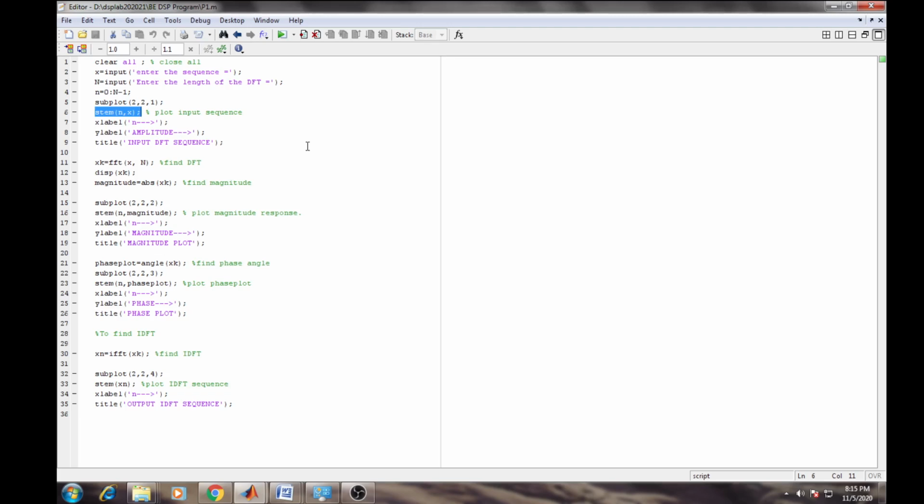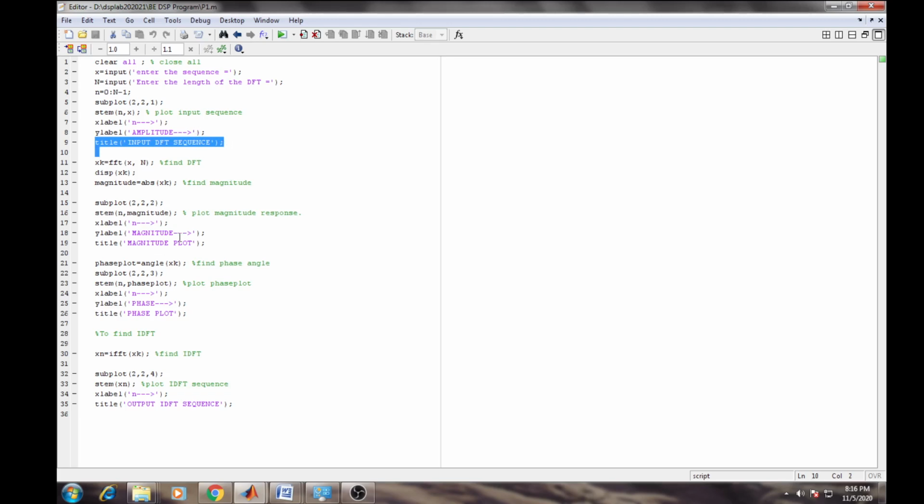Now the next one is xlabel in brackets n. It is a label given to the graph on the x axis, and ylabel is a label or title given to the y axis. Similarly, the title statement is used for displaying the title for a graph.